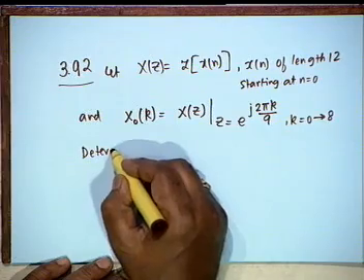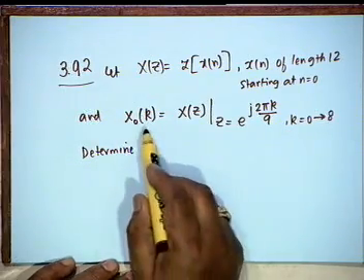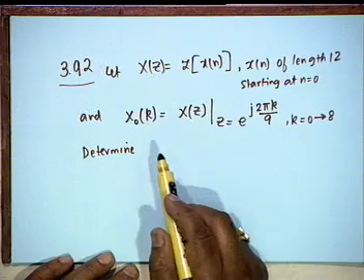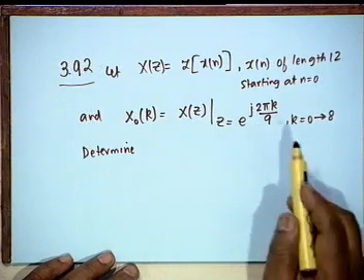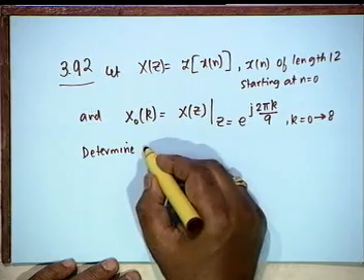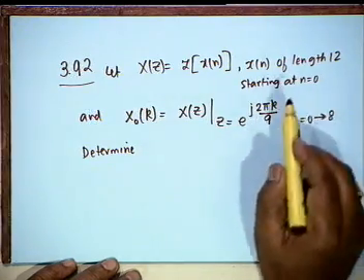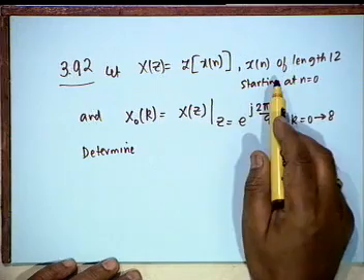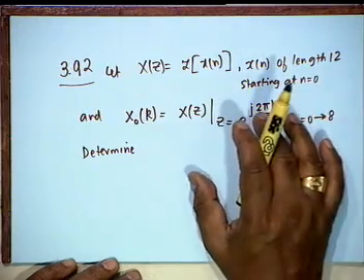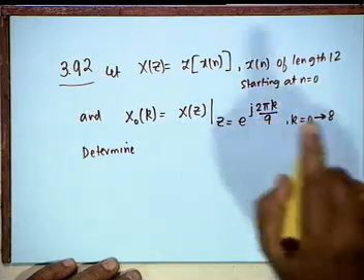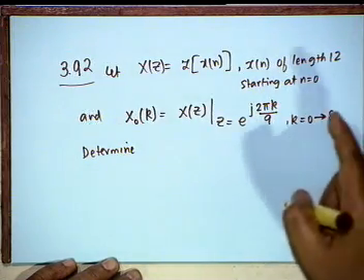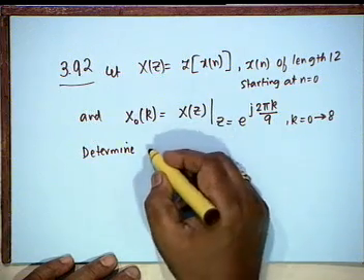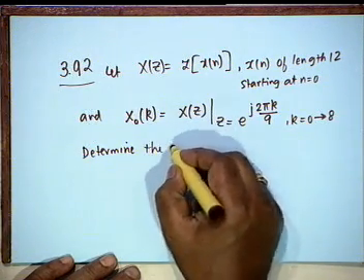Determine... what does this mean? This means a 9-point DFT, because of 2 pi by 9. The question is, but the sequence length is 12, right? So, for a length 12 sequence, first you have taken the Z transform, then the Z transform is sampled on the unit circle at 9 samples. That can be done, no harm,